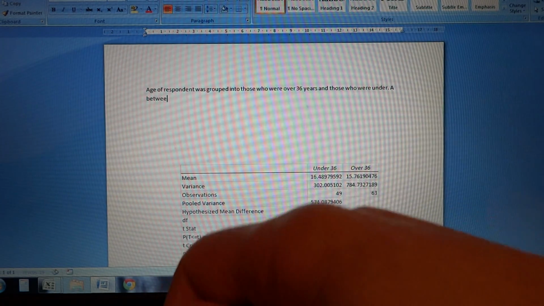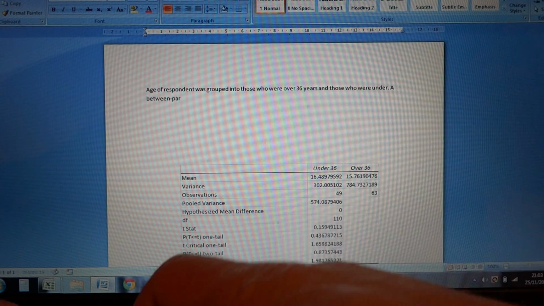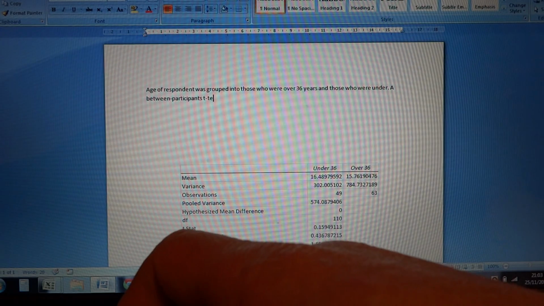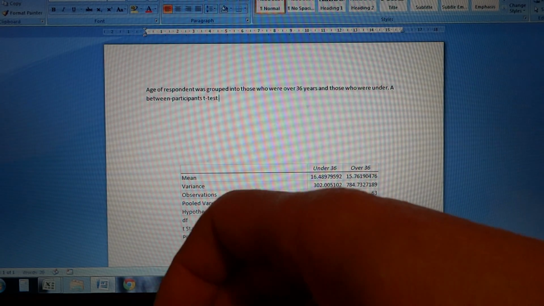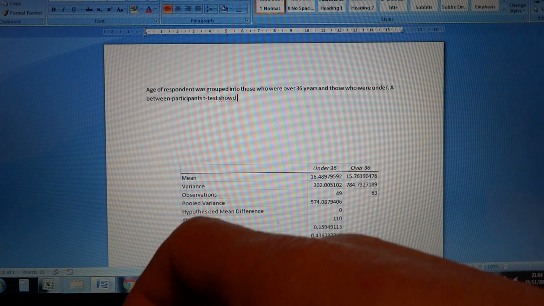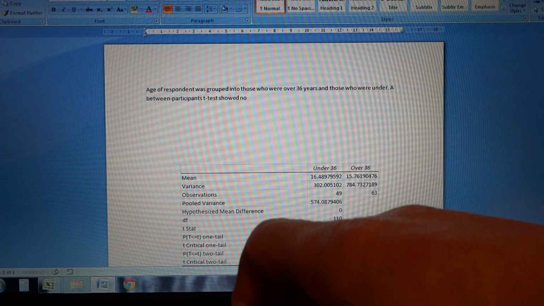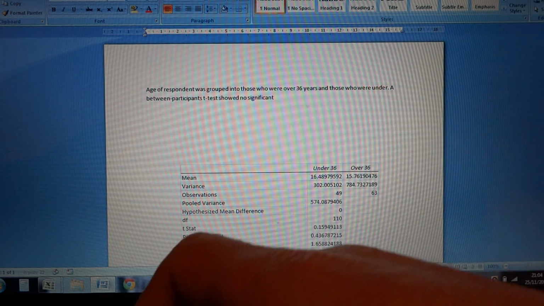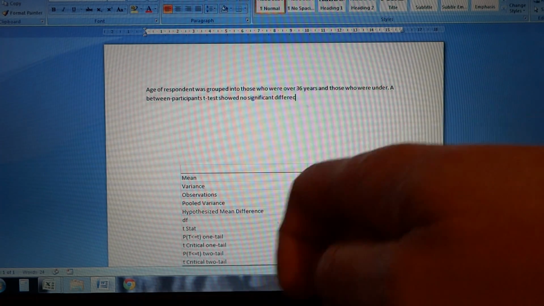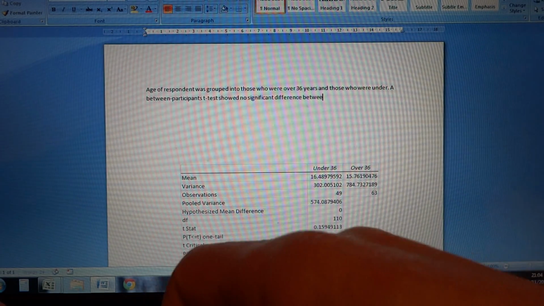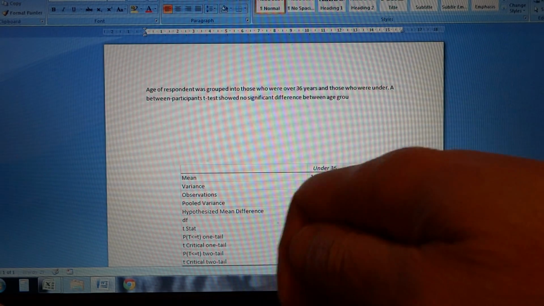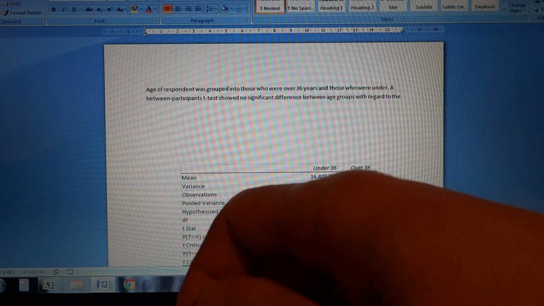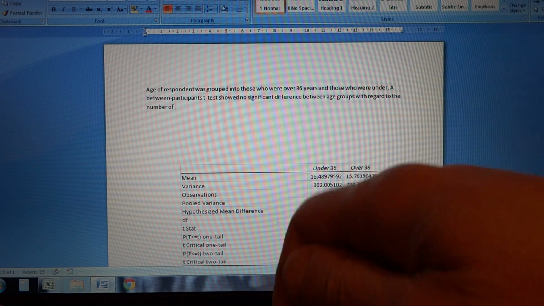A between participants t-test showed no significant difference between age groups with regard to the number of online